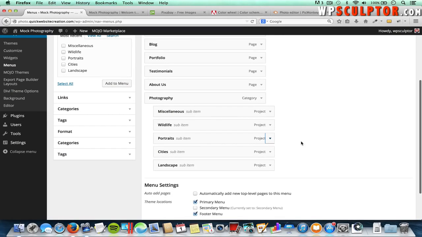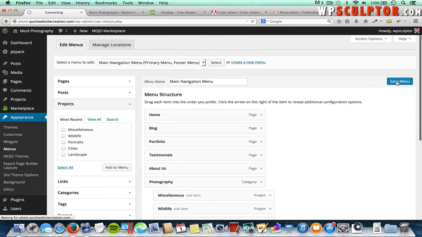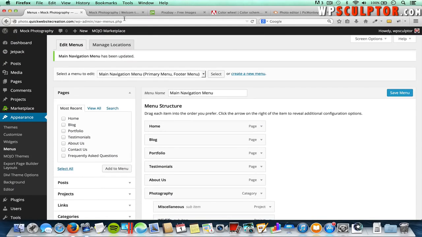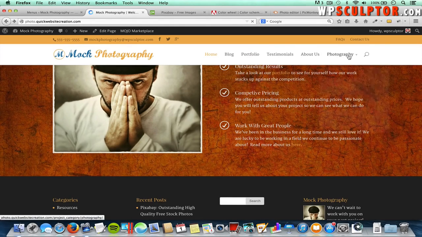And remember, you can always click, hold, and drag to rearrange the menu items in whatever order you want them in, but we'll just leave them in the default order. And then let's scroll up and save the menu. And then if we view the front end of our WordPress website and refresh the page, we now have the